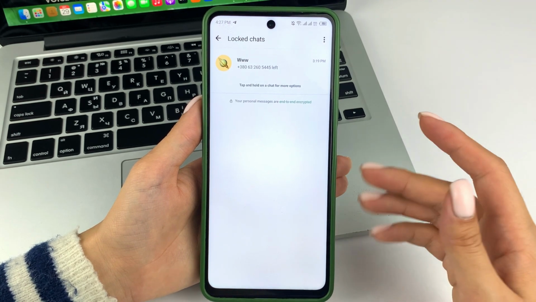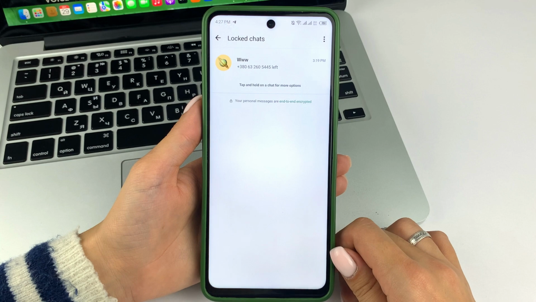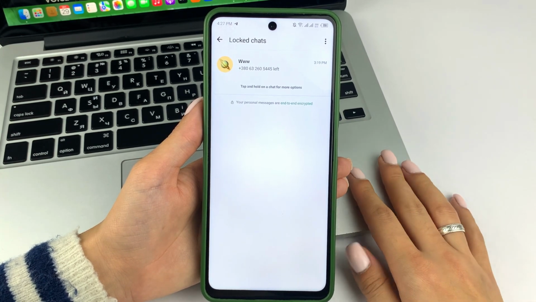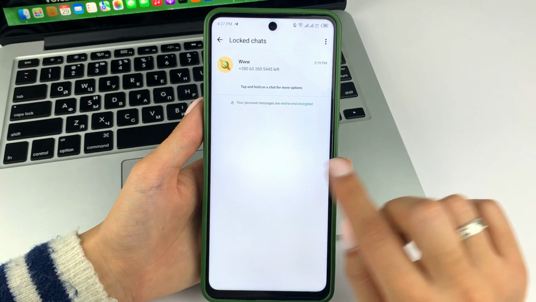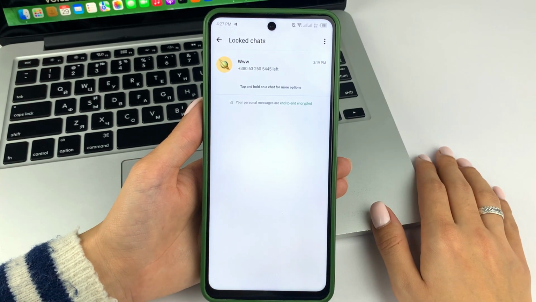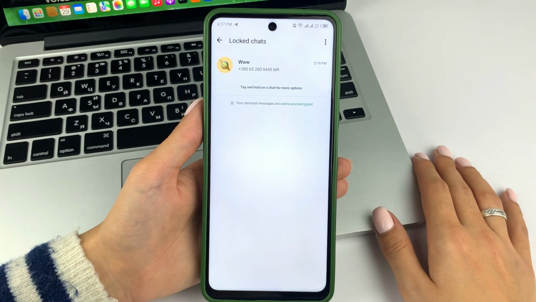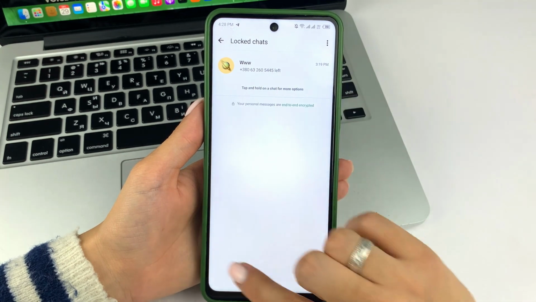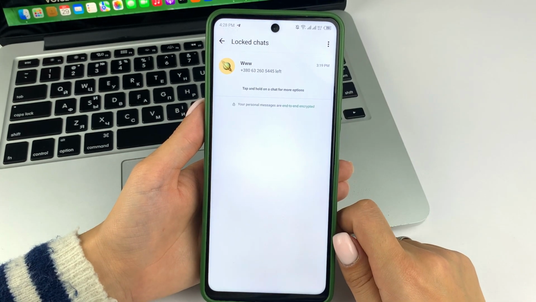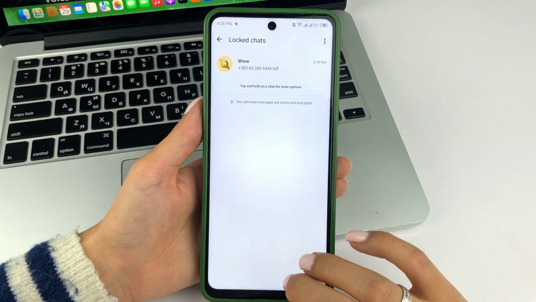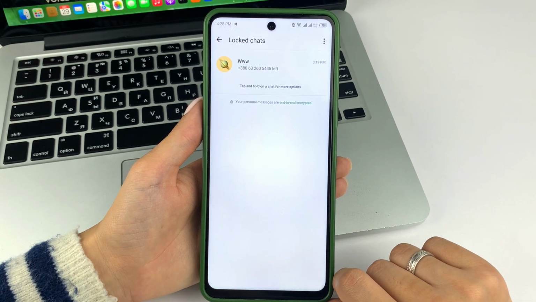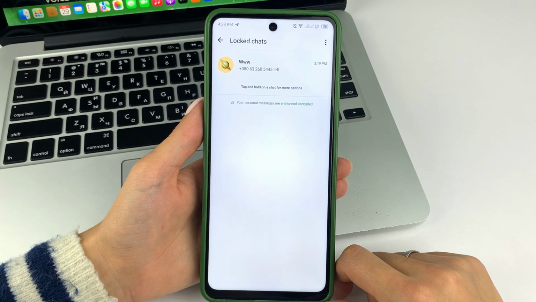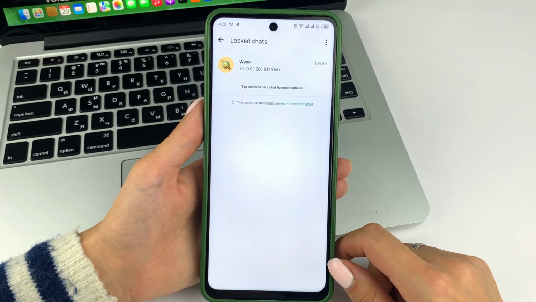And after that, friends, once you set a password on your phone, no matter what, it can be a fingerprint or a 4-digit password or a 6-digit password or some symbol. Once you set a password on your phone, you can also set a password for certain chats in WhatsApp as I have shown you. Friends, this is the very simple, quick way you can easily solve the problem of setting password for a particular chat in WhatsApp app. I really hope you found this video helpful and useful.